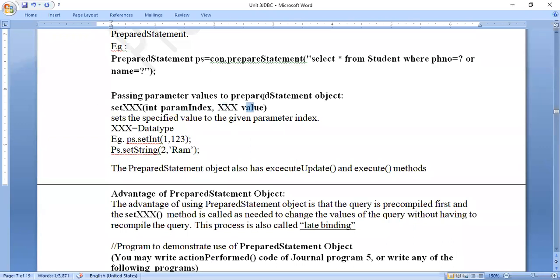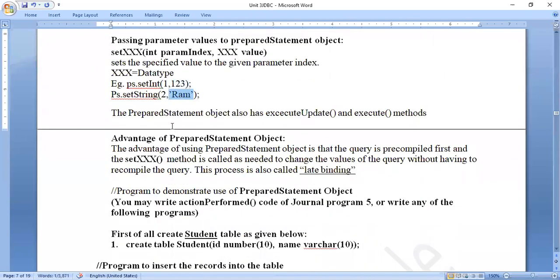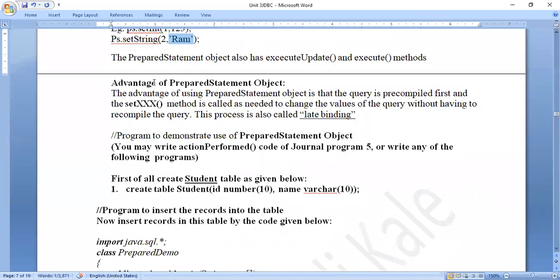If it is setString, I have to pass a value of type string. If it is setInt, I have to pass a value of type int. So here I have given two examples. If I have to pass an integer value, I give the index and then pass the integer. In case I have to pass a string value, I give the string in single quotes. Understood? So this is how prepared statement is used.